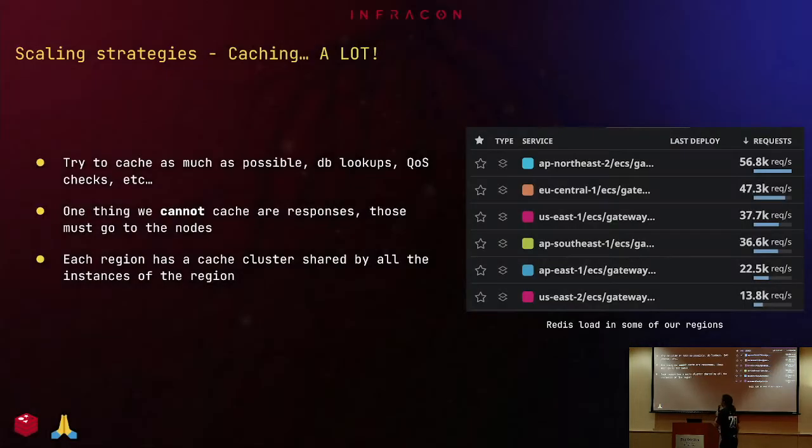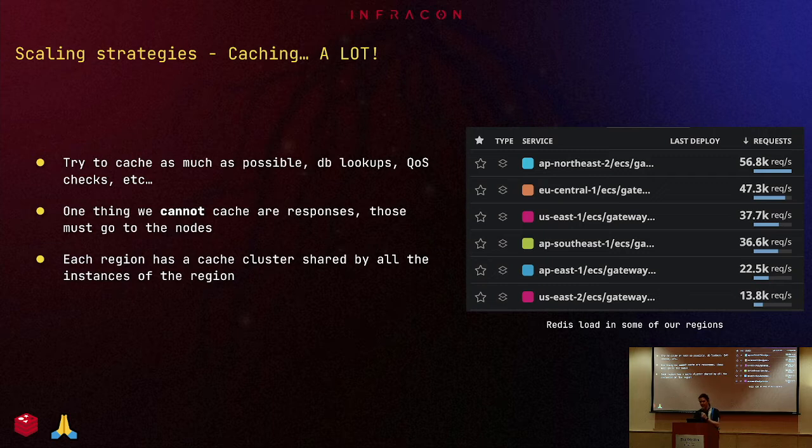So, moving on with scaling strategies, the first one that we use is caching a lot. We try to cache everything we can and everything that is possible to cache. That could be database lookups, sessions data, invalid nodes, everything you can cache, you name it. So one important thing to take into account is that one thing we can never cache are the relay responses. We need to be able to send the responses to the actual blockchain nodes for them to perform the relays